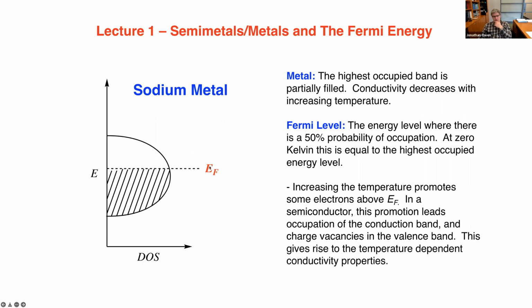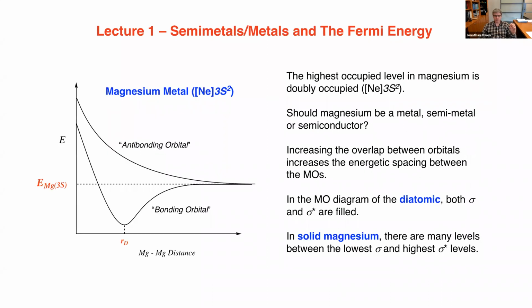The important thing to remember here on this slide is that the Fermi level is defined as the energy level where you have 50% probability of occupation. When you partially fill a band in sodium metal, as is diagrammed here, the result is a metal. So let's talk a little bit about